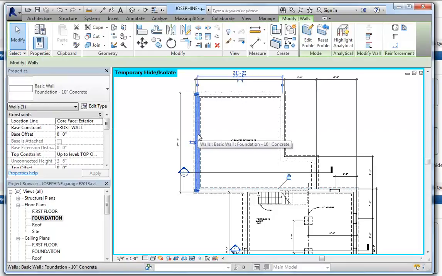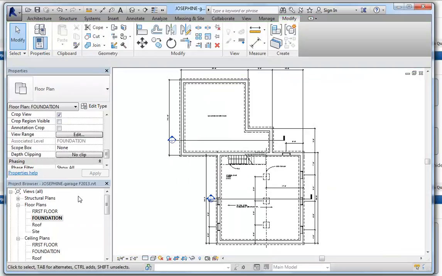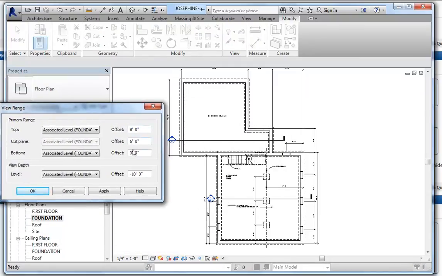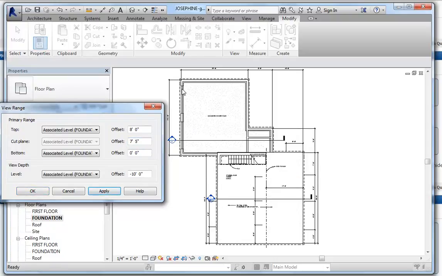I think for that just that one wall, we might be able to control the cut plane for that one wall. No, all right. I figured out what we can do here is in the foundation. If you go to View Range and go to the Edit tab, just increase this view range. What I tried first was 7'5". Watch what happens over here. It gives us the view of those